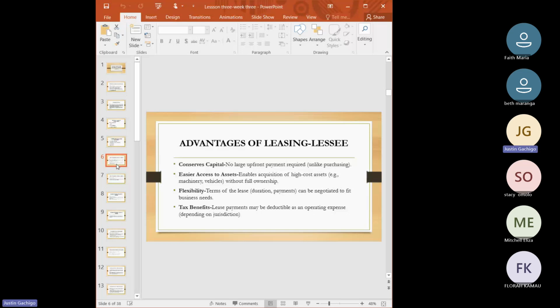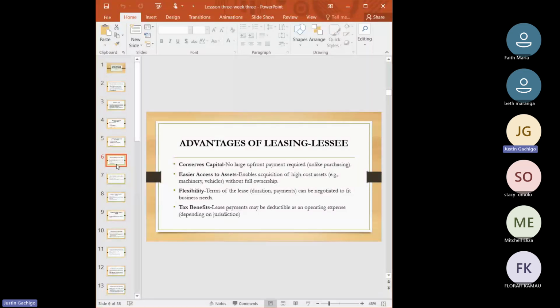So now take a case where maybe you want to have a holiday or a vacation and you don't have money to buy a motor vehicle. You don't have the half a million Kenya shillings to buy maybe a simple motor vehicle. So you can go for leasing, which costs you maybe 2,000 Kenya shillings per day, which is a bit affordable. That is the advantage that we are talking about. You may not have the initial capital outlay to buy the equipment, but you may have the capital to lease